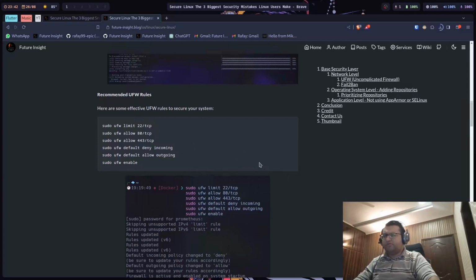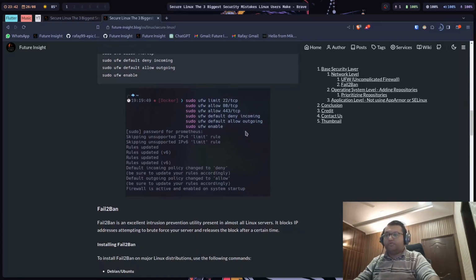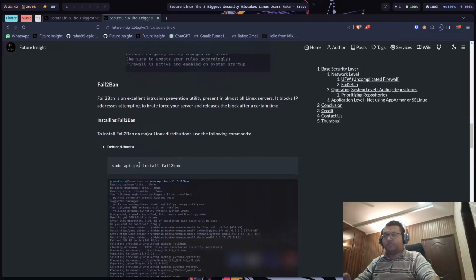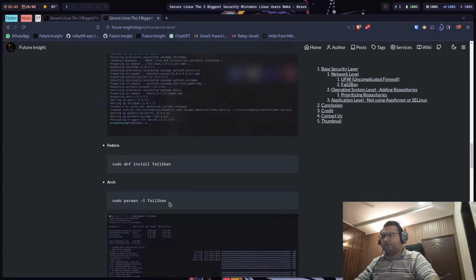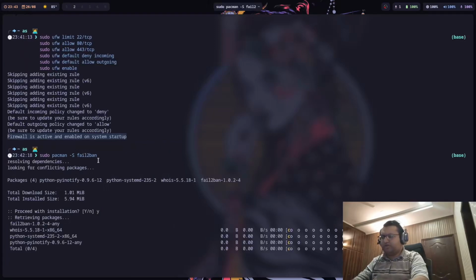So that is one firewall, but sometimes there is a continuous denial of service attack, or DoS attack. How do you deal with them? For that, there is a utility known as Fail2ban. Fail2ban is basically used in Linux servers to block different IPs that are attacking or brute forcing their way so that they can enter the system. It is available in every single repository, in Debian, Fedora, and Arch. I haven't installed it yet, so let's just install this package real quick.